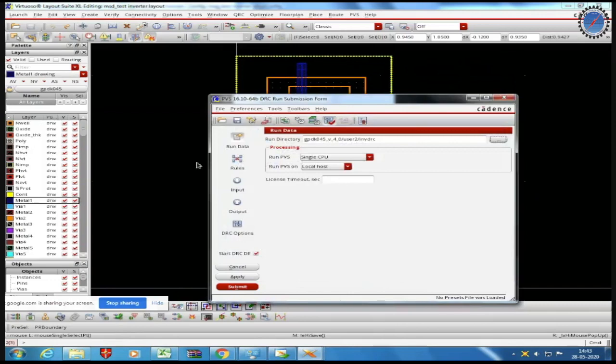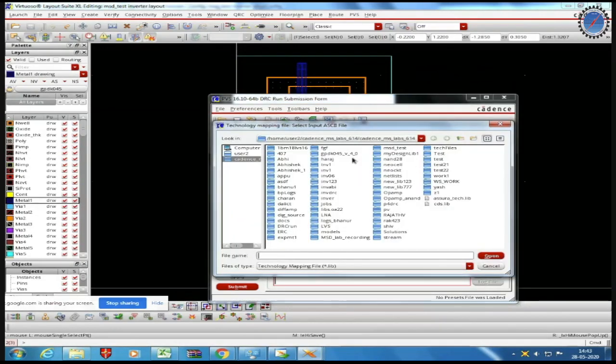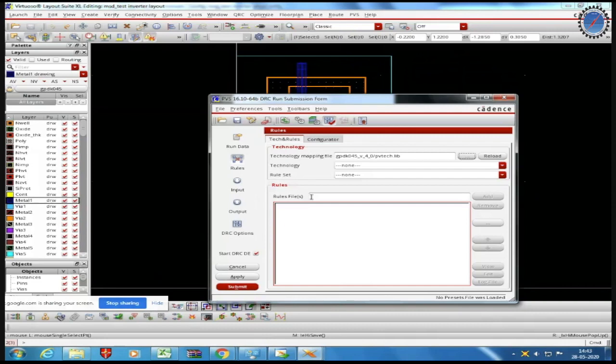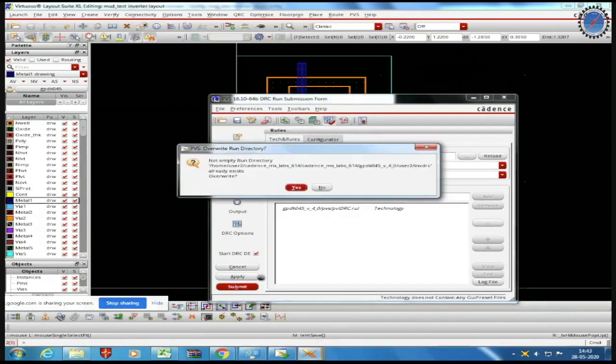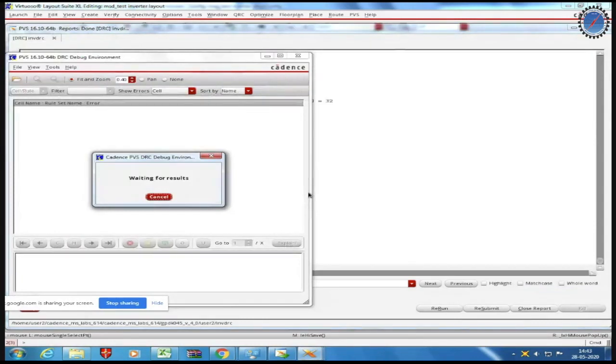Click on choose, go to rules, and there choose the technology mapping file as GPDK45 and PVTech. So this technology file is essential so that we can compare our layout with the design rules specified in the file. Click the technology as GPDK45 PVS and rule set as default. Click on submit and this will initiate the run.